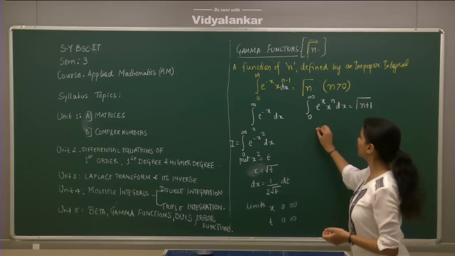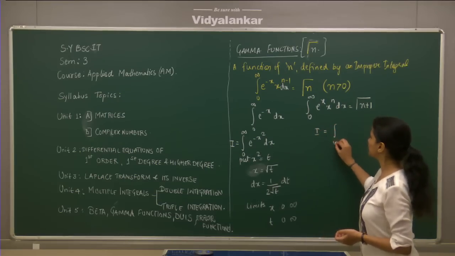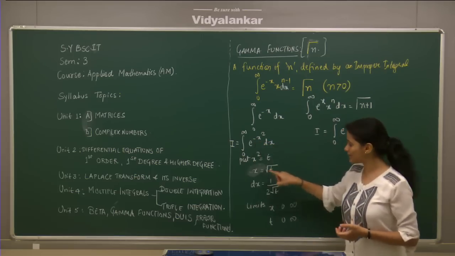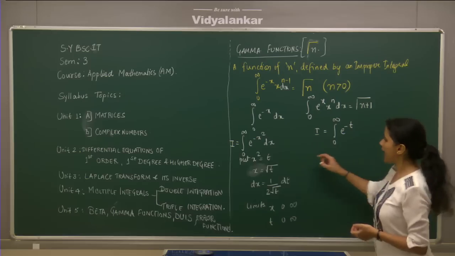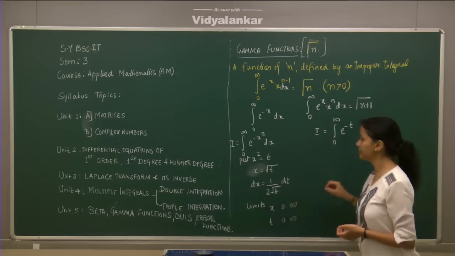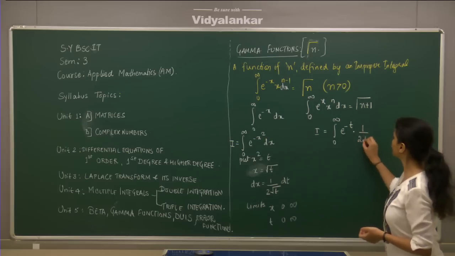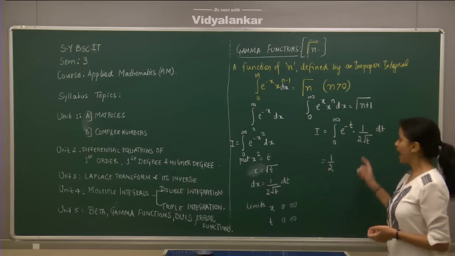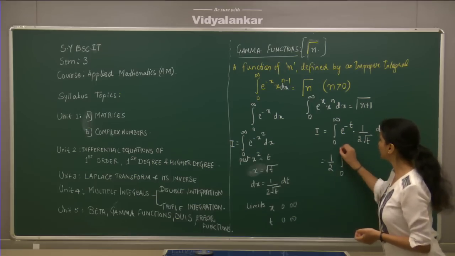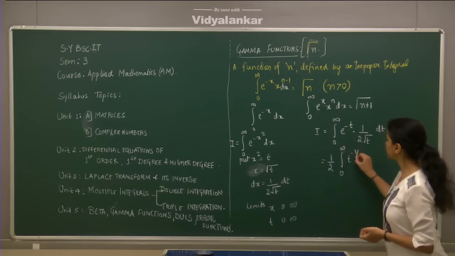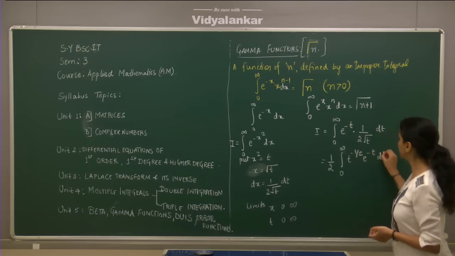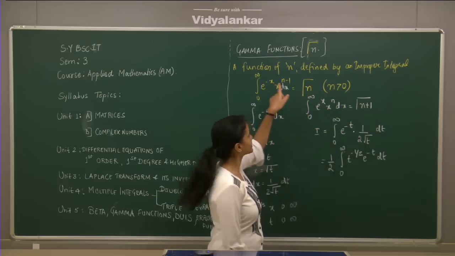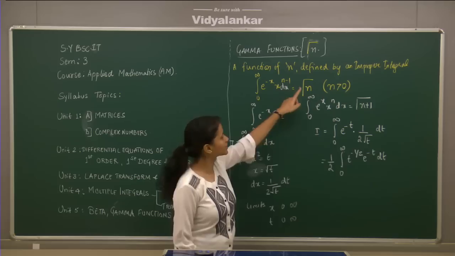So hence we go with this: integration 0 to infinity e raised to, now since we have substituted x squared as t, we will take it as t, and dx is replaced by 1 upon 2 root t dt. Considering the half constant outside, and root of t can be written as t raised to minus half, we get half times integral 0 to infinity t raised to minus half e raised to minus t dt. Now this looks like your definition of gamma function, which says that e raised to minus x, x raised to n minus 1 is gamma of n.